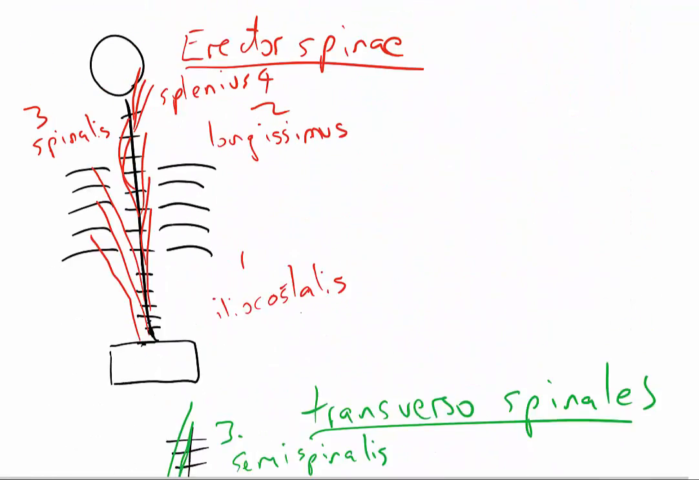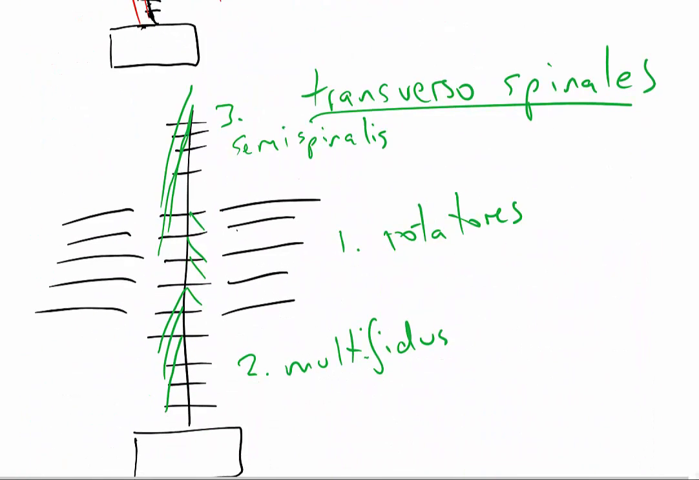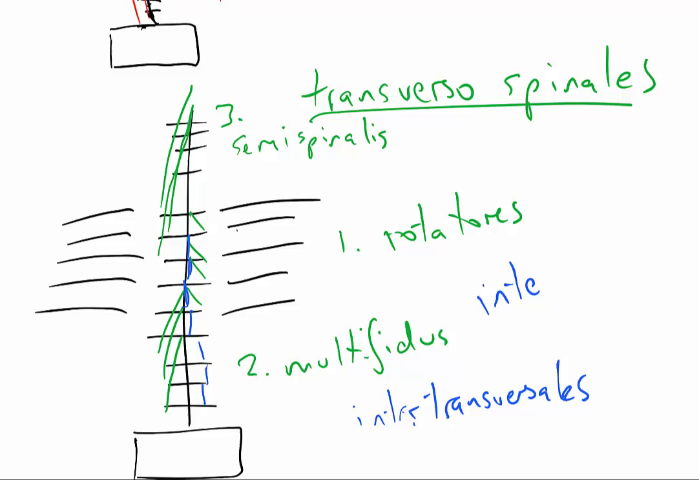Okay, the last group we'll just draw on the same one. We're going to draw that in blue. That's our deepest group. These only go from one vertebral segment to the next. These ones here going from transverse process to transverse process, like that, are going to be called intertransversalis. And these ones here that are going from spinous process to spinous process are going to be called interspinalis, and together they're the two parts of a group that are called the